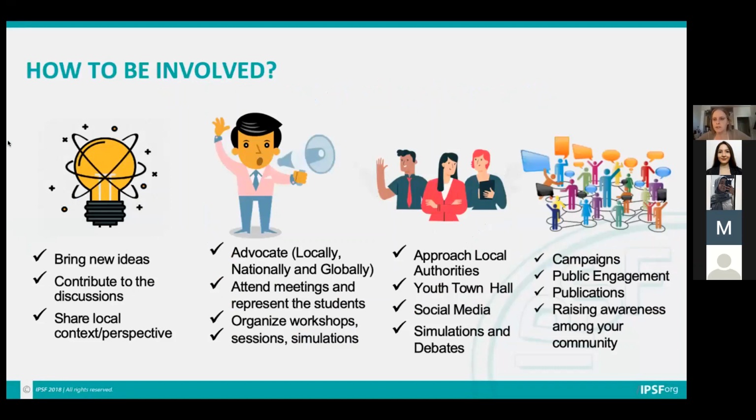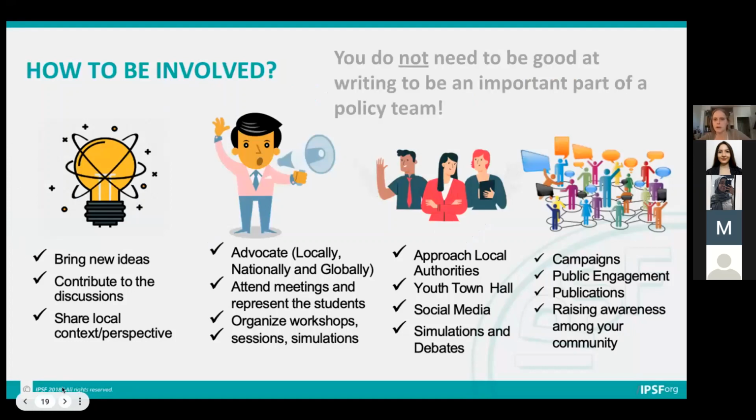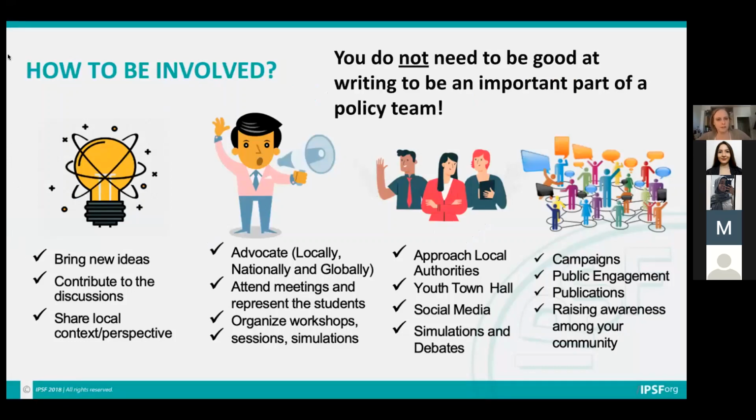One thing I wanted to bring up is that a lot of people think that in order to do policy, you've got to be good at writing. And you definitely need a good writer on your team. However, there are so many other ways to contribute to policy. And this slide has a lot of more advocacy type stuff on it as well. But even just